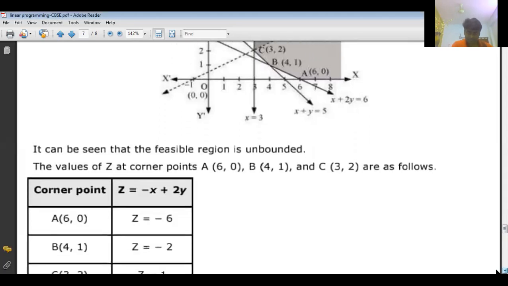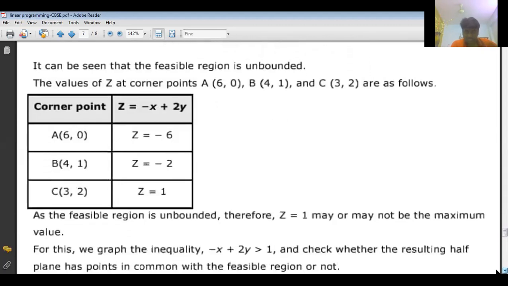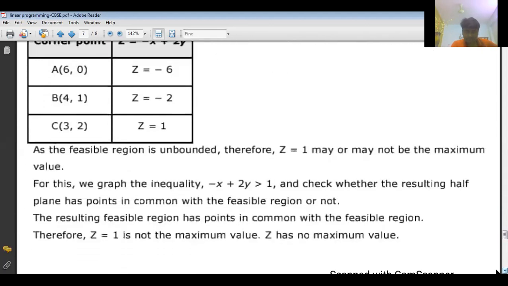For this, the region does not have any particular points here. As the feasible region is unbounded, z equals 1 may or may not be the maximum value. Whenever it is not bounded, we have to draw this graph. After drawing the graph, we'll check whether that half plane has any points in common with the feasible region or